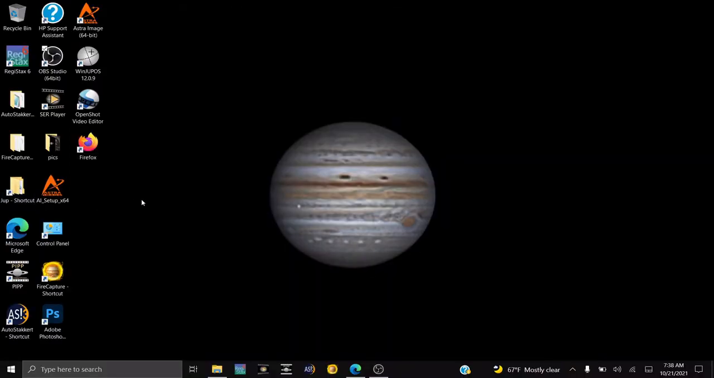Everybody, old Drew here again. I thought I'd process an image of Saturn now. I'm trying to clear some room off my computer for tonight